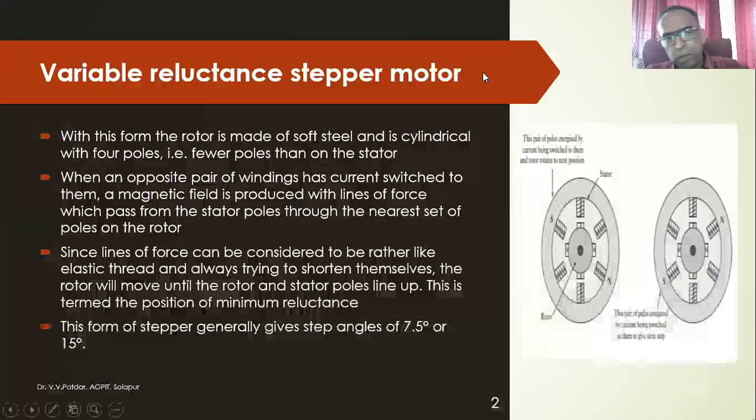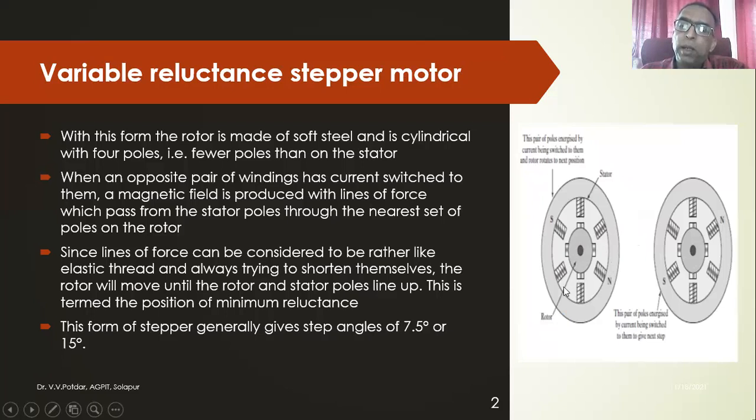Let us see the first type, the variable reluctance stepper motor. As you can see in the sketch, I have a stator and a rotor. I have a pair of poles energized by current being switched to them, so that the rotor rotates to the next position. I have pairs of poles, North Pole and South Pole, on the stator: one pair, a second pair, and a third pair.